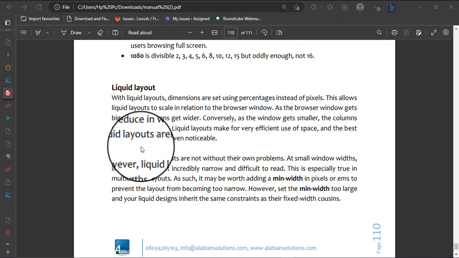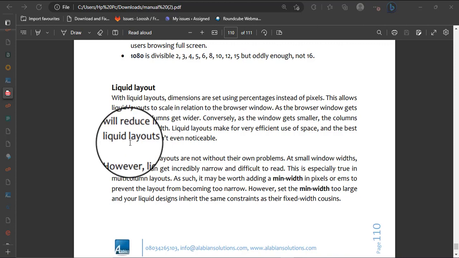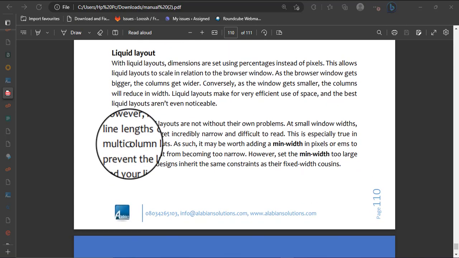And in the liquid layout, the dimensions or the width are set using percentages instead of pixels. So when you use percentages, it allows the layout to scale properly in relation to the browser. As the screen gets wider, the column also gets wider, so it scales irrespective of the screen you are on. And when you're working with liquid layouts, they also have their own problem, because at smaller widths,